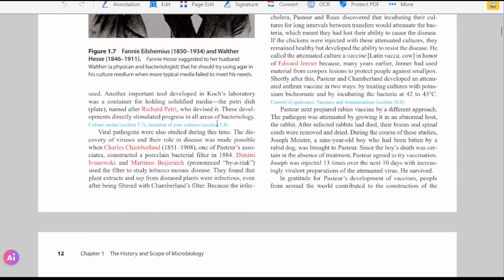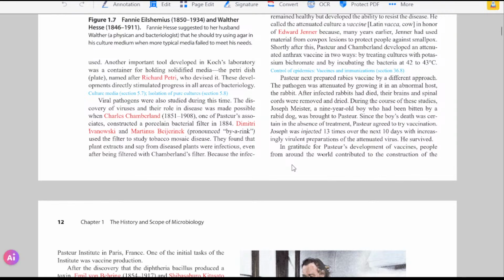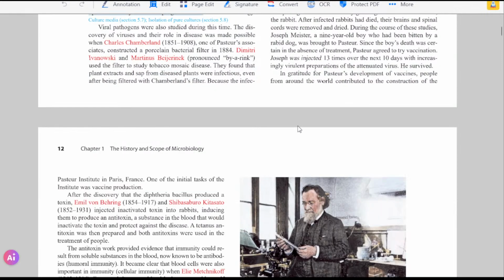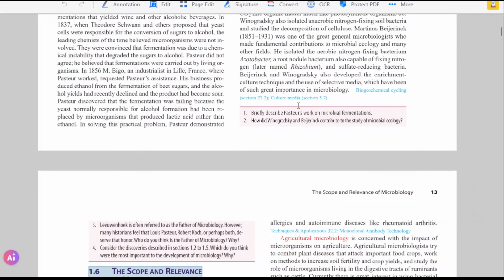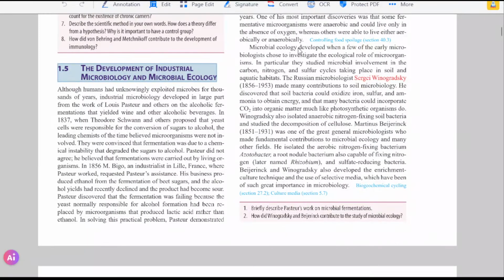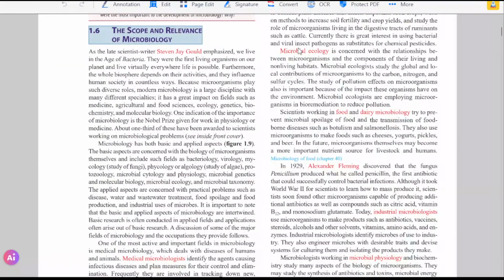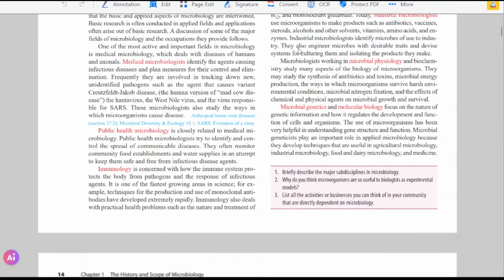Especially because it's the early age of microbiology, so every single thing matters because it all comes in the basis. Richard Petri discovered the Petri dish. Well, to me, it's the least important one, but I think it's the most important one. All the microbiologists or scientists studying or growing microorganisms use the Petri dish. The development of industrial, yeah, everything is important till what we studied till now.